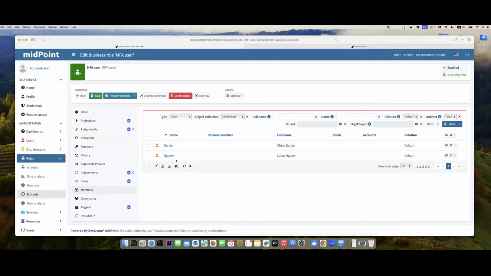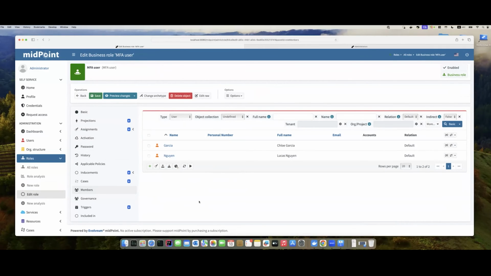So only 2 of these users got the MFA applied. As has been mentioned before, MFA is not really required, but recommended. We would like all administrators to belong to this group.